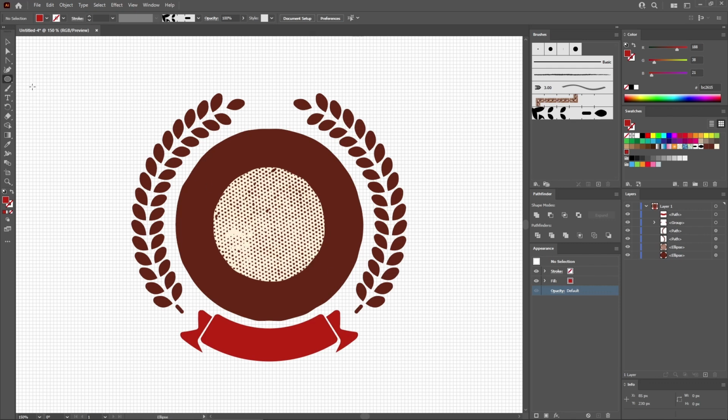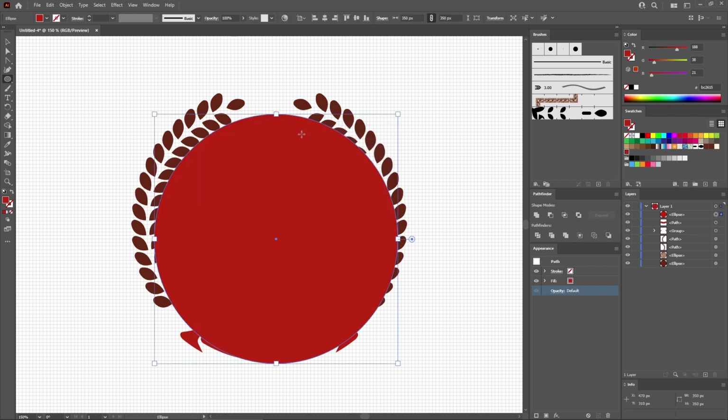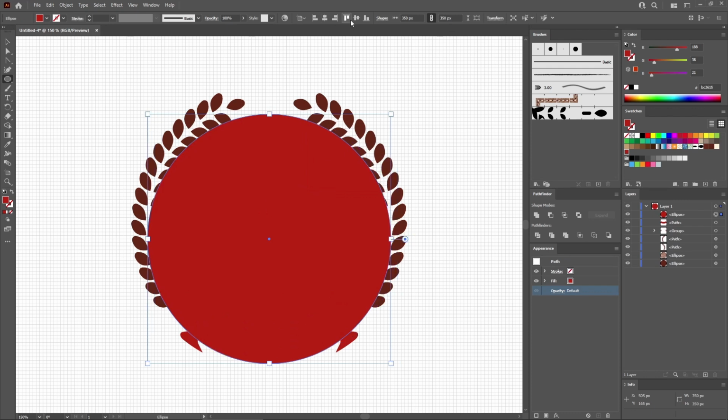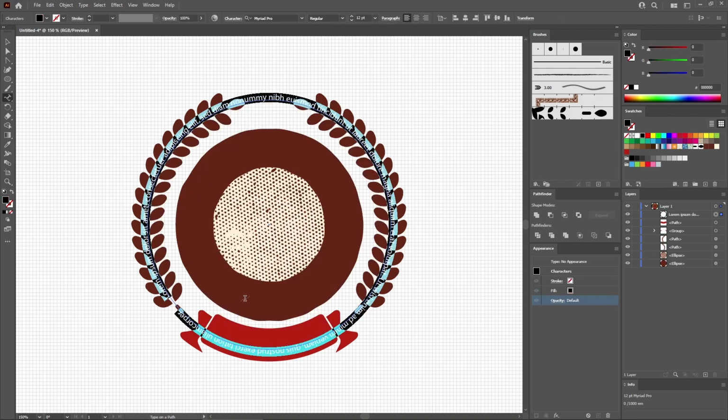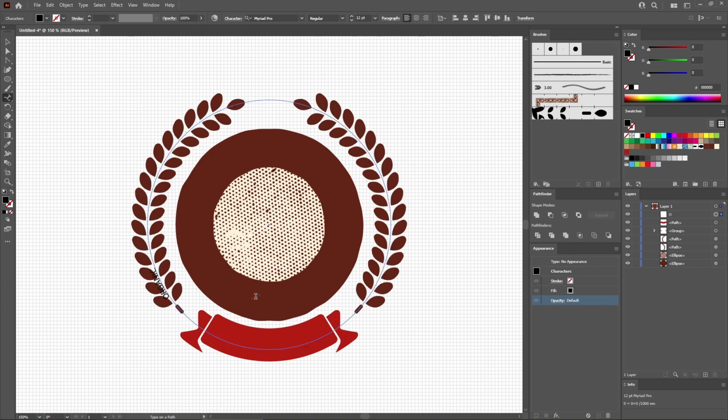Continue with the ellipse tool to create a circle. Make it a 350 pixel circle and don't forget to move it to the center of the artboard. And then switch to the Type on a Path tool, which we'll use to add some text along this path. Just click on the edge of your shape to add some text. Type in organic, press the escape key when you're done, and before we move this text, let's focus on the